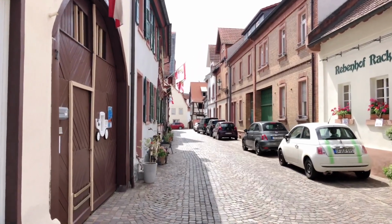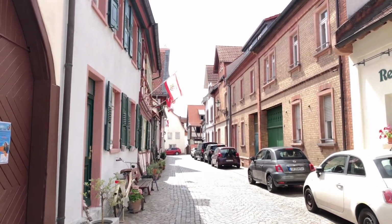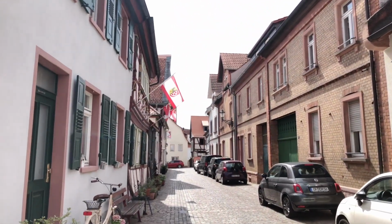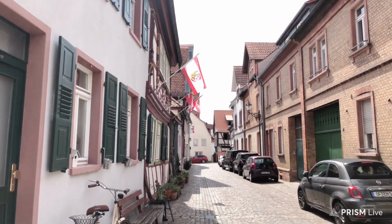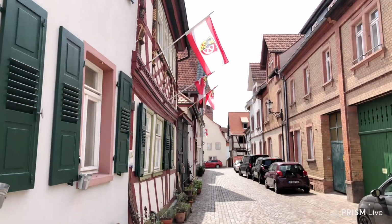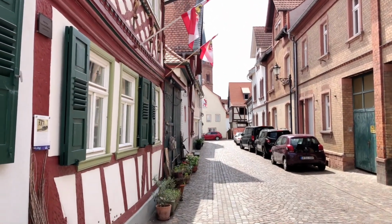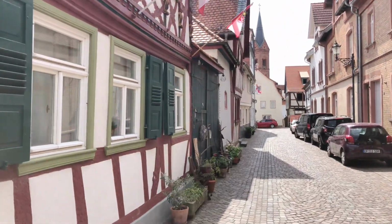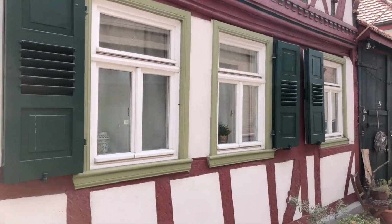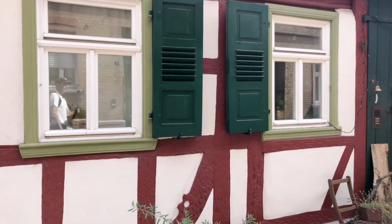And the last stop before Frankfurt would be Seligenstadt am Main. So that is celebrated with a big festival this weekend for 3 days. It's a huge event which happens only every 4 years actually. And what's happening also is all these little places here, like this one on the left-hand side,